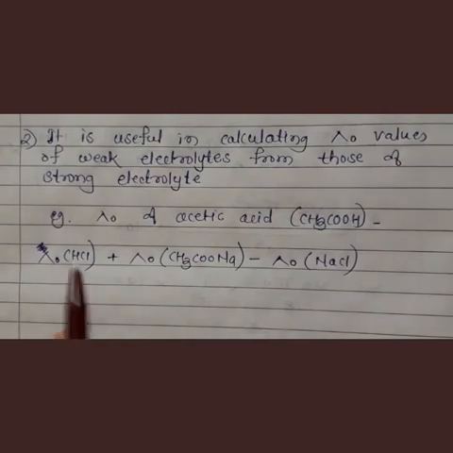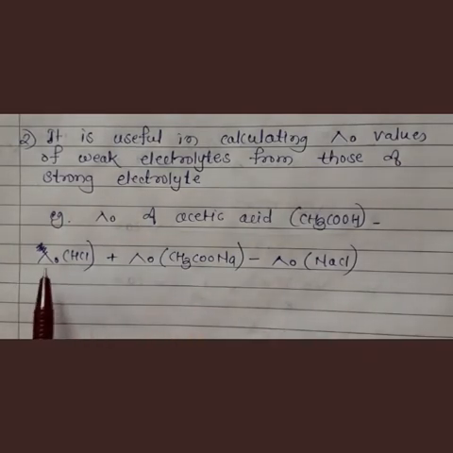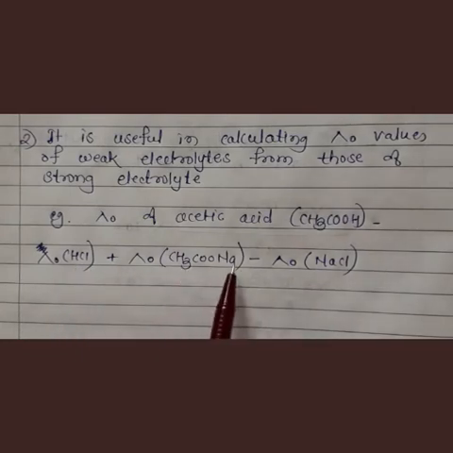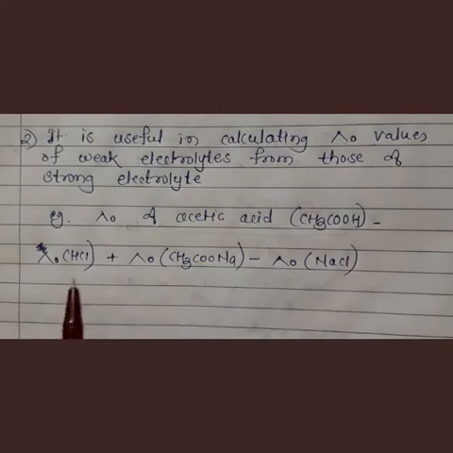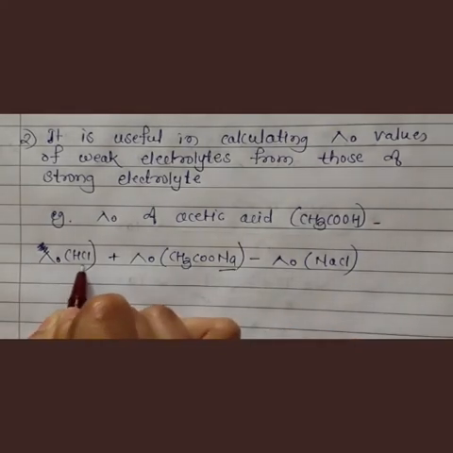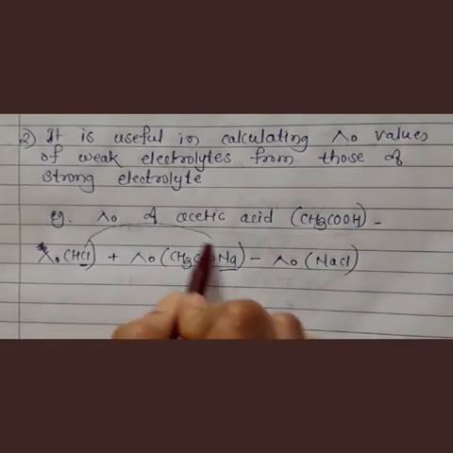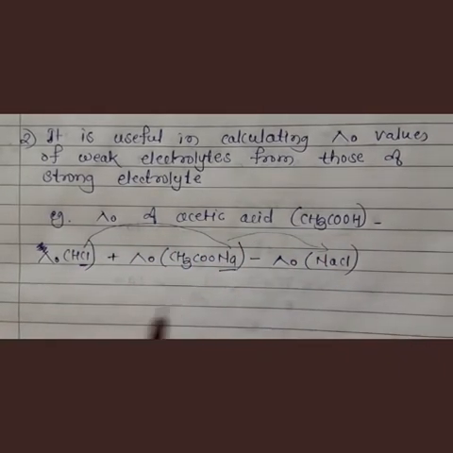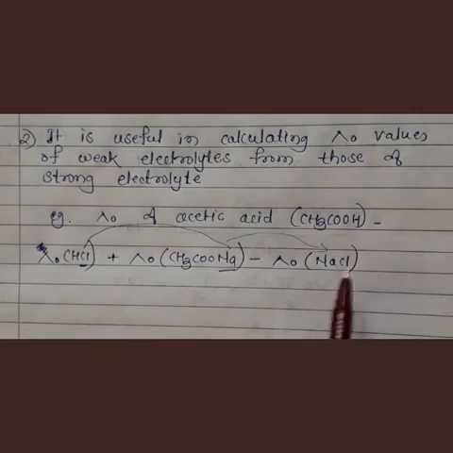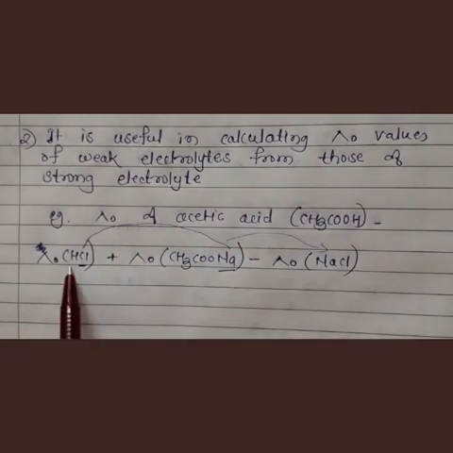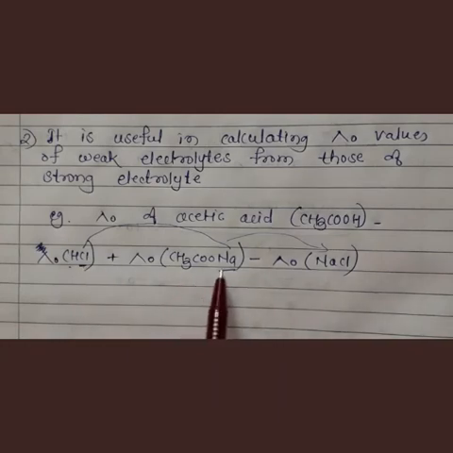Let us see. Now see, the molar conductivity of HCl plus the molar conductivity of CH3COONa. Now if we subtract the molar conductivity of sodium and chlorine, which together form NaCl, right? So if we subtract the molar conductivity of sodium chloride from the sum of molar conductivity of HCl and CH3COONa,